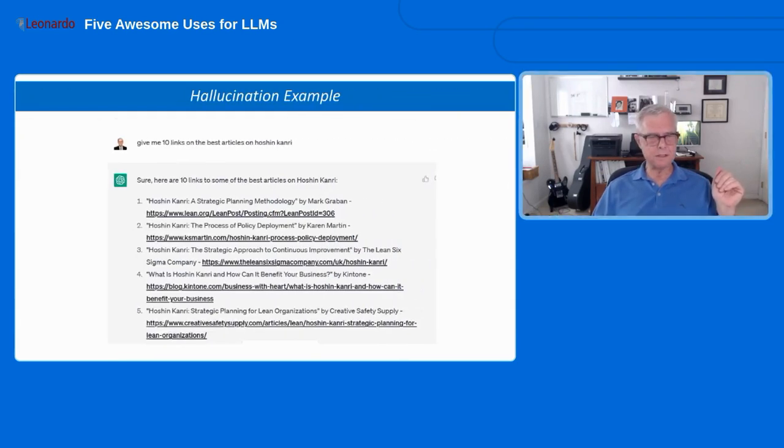Next thing is a hallucination example. Again, I want to reiterate that at least at this level of maturity, which on a scale of 1 to 5, we're probably at level 1 in terms of LLMs, you have to treat everything with a grain of salt. So if you ask it to create a quiz, you need to be competent enough to review those quiz questions and know if they're correct or not. If you don't, then you could run into issues.